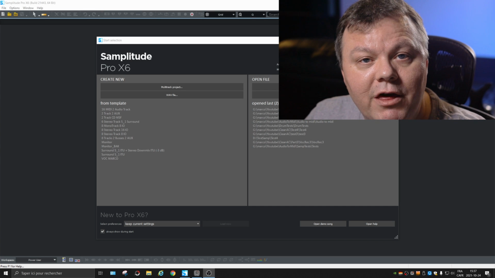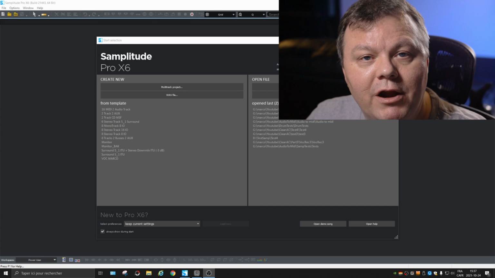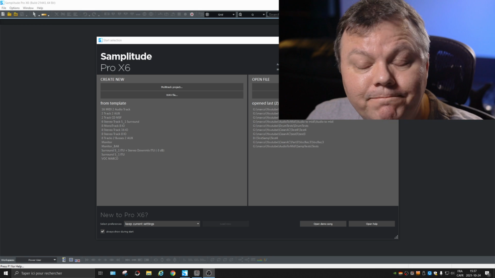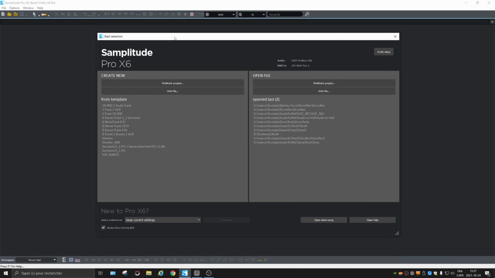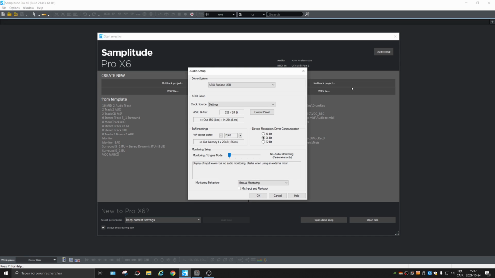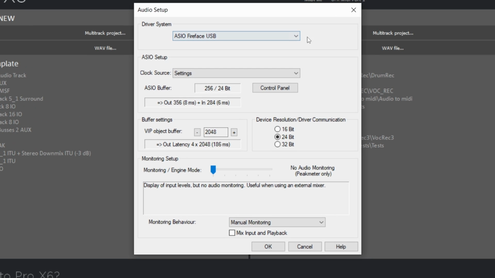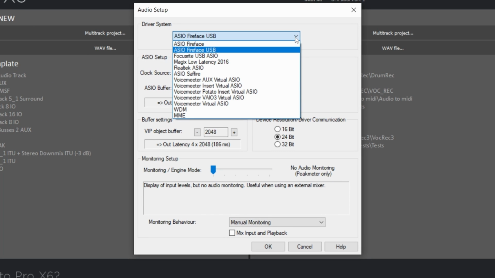So let's start. We open the software and what does it show? It shows this, the start selection. So if you did not do any setting prior to installing Samplitude, you can go right away into the audio setup. And in the audio setup, choose the best driver that will be the fastest for your interface and for Windows. Usually those are ASIO